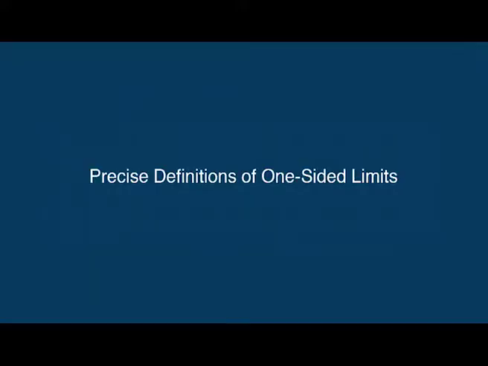Precise definition of one-sided limits. The formal definition of two-sided limit is readily modified for one-sided limits as follows. The epsilon-delta definition of right-hand limit. While we discuss the right-hand limit of f(x) as x approaches c, we consider only points to the right side of c and do not bother about the points to the left of c.